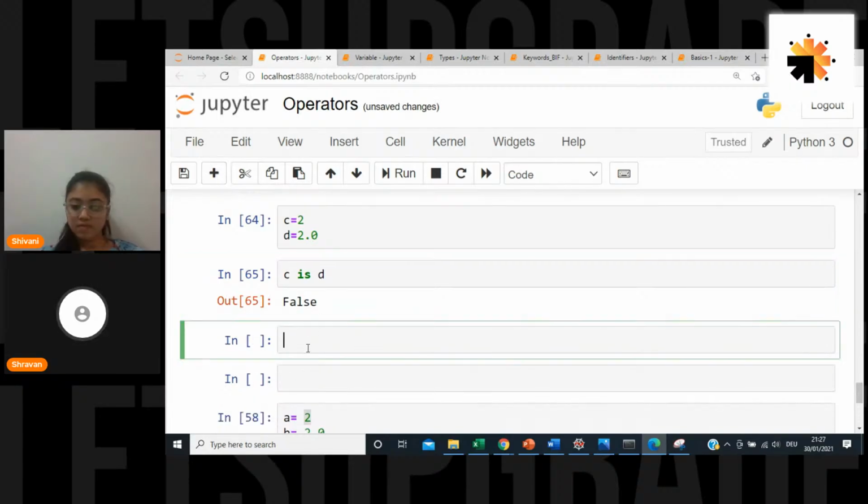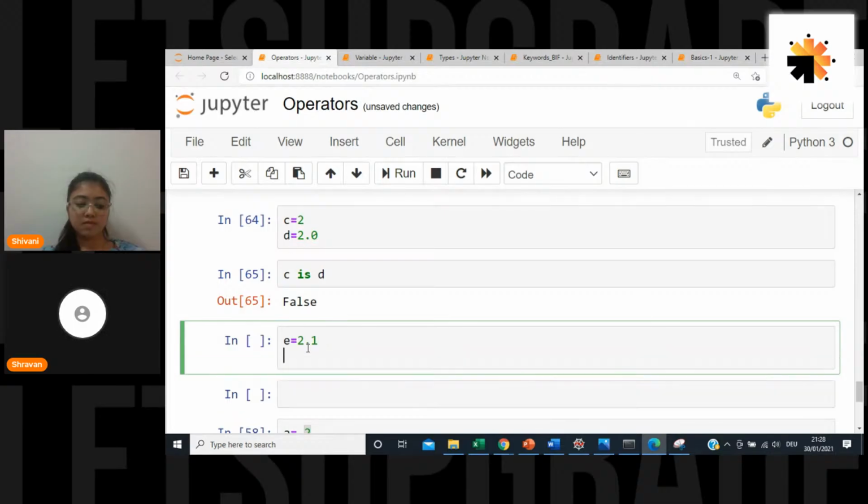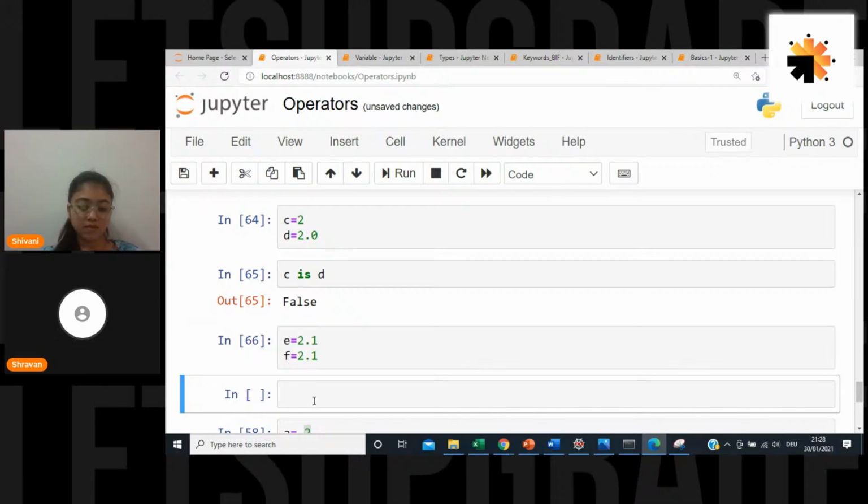Okay, partially correct. But what we will do is, I will go for two more cells. So now I will go for E equivalent to 2.1, and F equivalent to 2.1. I run this cell, then I will go here and make E is F. So what would be the answer?